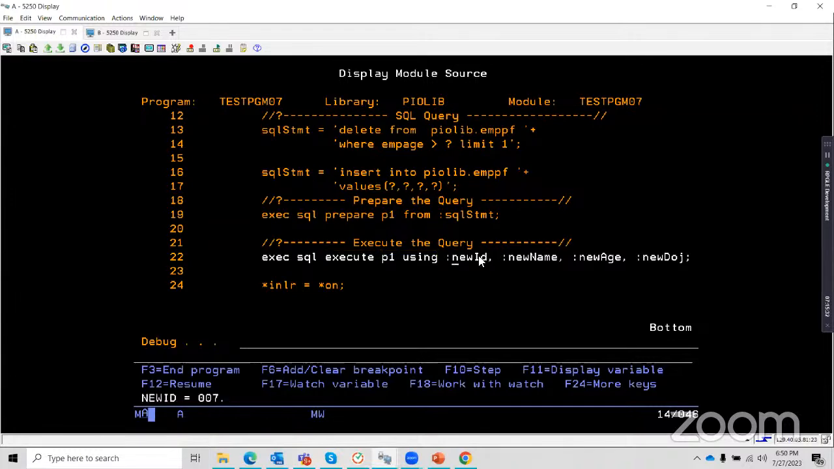So the value of new ID is 7. The value of new name is Jerry. The value of new age is 34. And the new date of joining is this 2023, today's date. So what I'm saying is use these four variables and execute the query which we have prepared. So instead of question marks, it will put in these four variables which I have given after the using keyword. And if I press F10 and